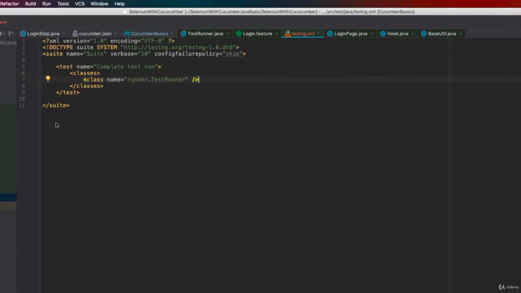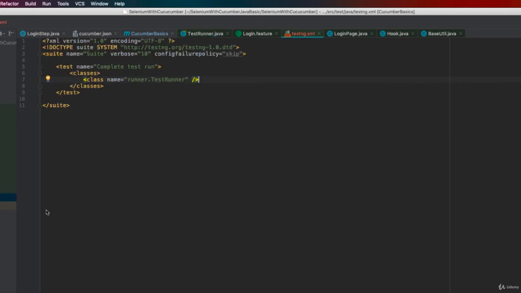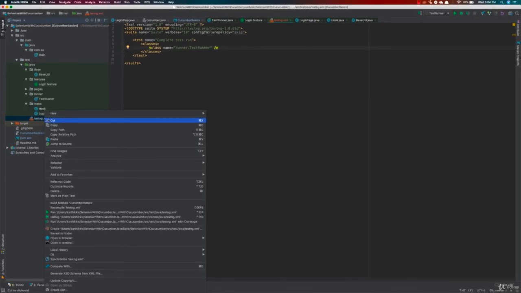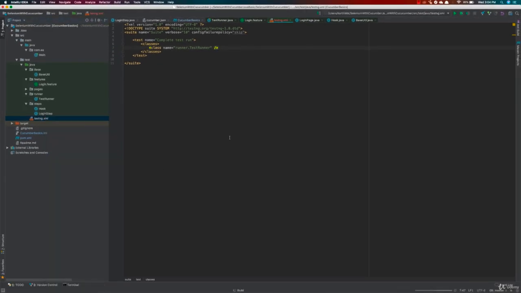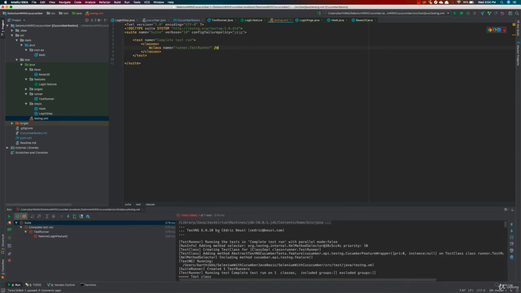And now, instead of running the test from the test runner class file, this method, I'll be running the test from this XML file. So after all this upgrade has been done, I'm going to run a test from the XML file for the first time, and I will show you how the test is going to run. So I've just right clicked and run it. I guess there will be some error. There you go. The reason is that the